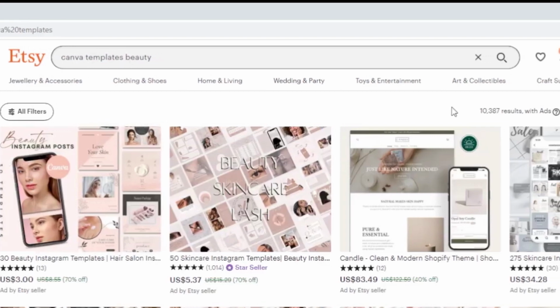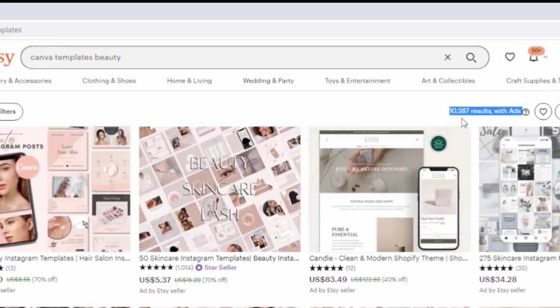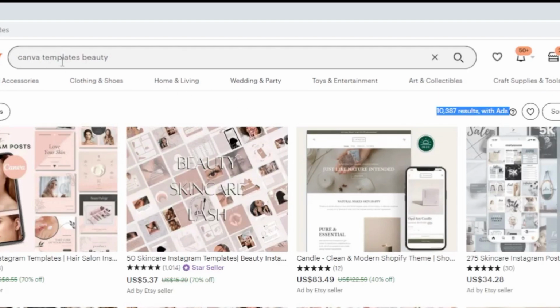Now over here, we can see this area, it tells you how many results there are for that search term. So obviously if we use this exact search term, we're going to be competing against 10,387 other listings in this niche. So it's really important to play around with your tags and see what comes up in the search results. For example,